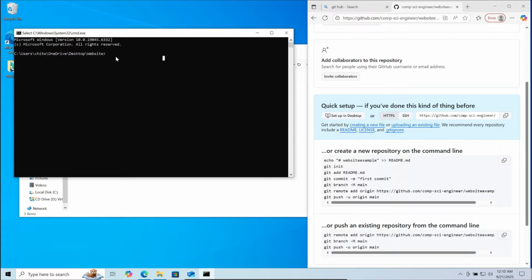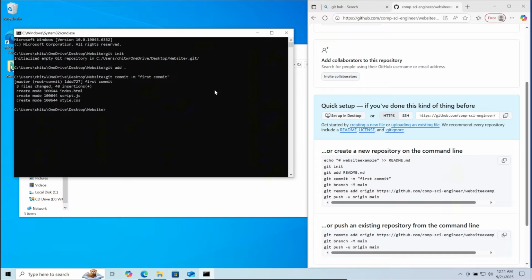Start by typing one command at a time. First git init, enter, then git add dot. Here instead of readme.md we are doing dot because we want to upload the entire file inside the folder instead of just one readme file. Then enter, then git commit -m and the message for commit inside quotes, then enter, then specify the branch